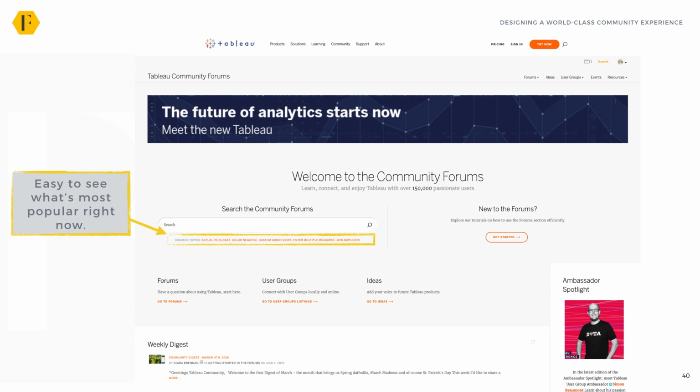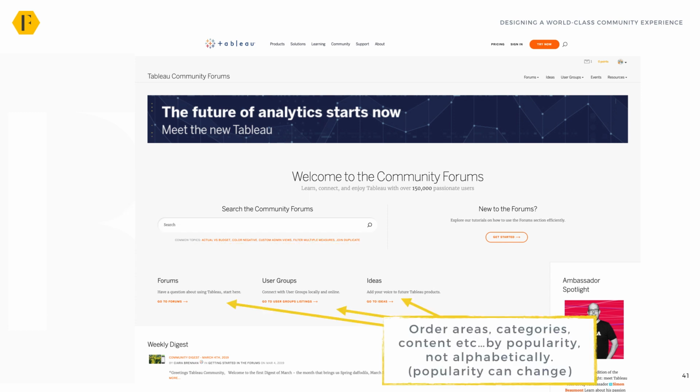So if you can feature some of those topics in the most prominent place, so members can easily find what they want to see, then you're making a much better experience for your community members at the moment. So we want to be having the most popular areas in the places where members are most likely to see them. Don't categorize things alphabetically. Please stop doing that. Make sure that you're putting the things that are most popular in the most prominent places